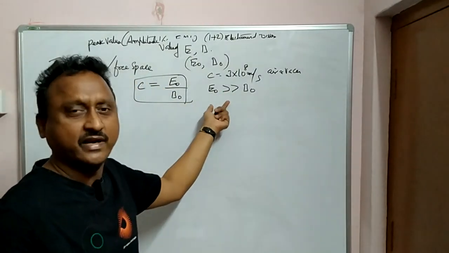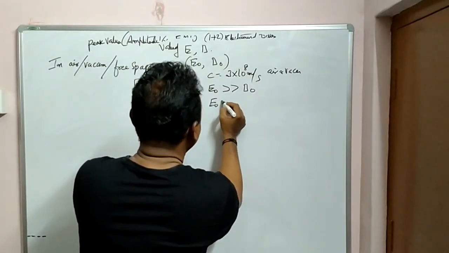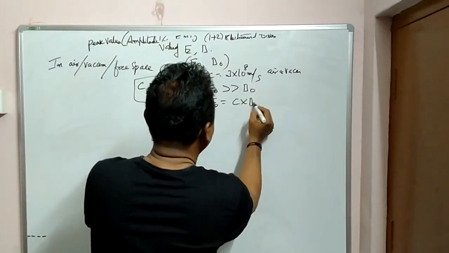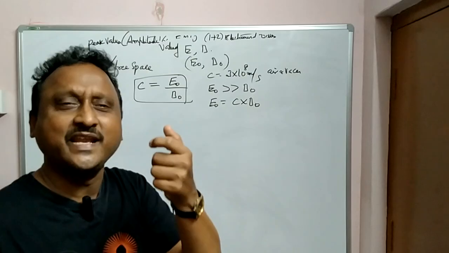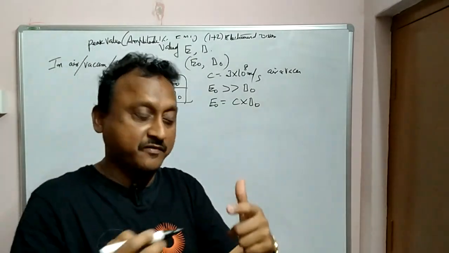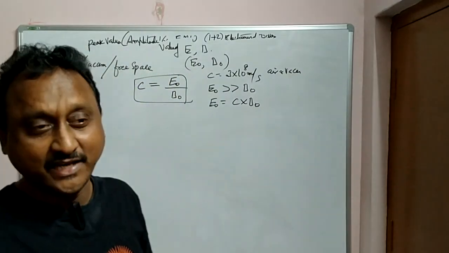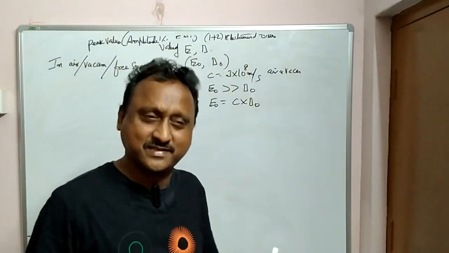E0, the peak value of the electric vector, is equal to C into B0. So the B0 value is very small compared to the electric vector. That is why we mostly consider the electric vector. Not only this, in the next topic, light, physical optics, that is wave optics,